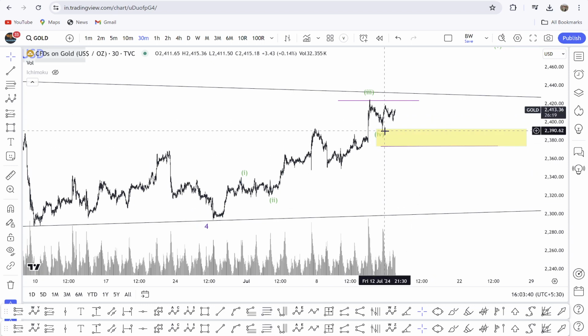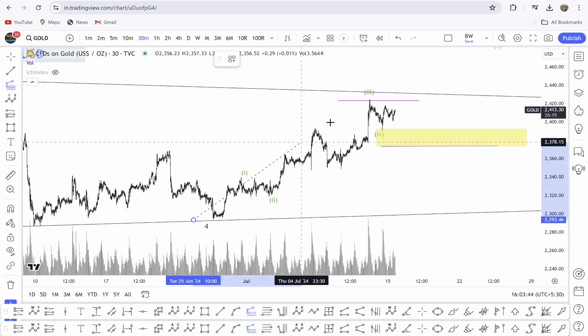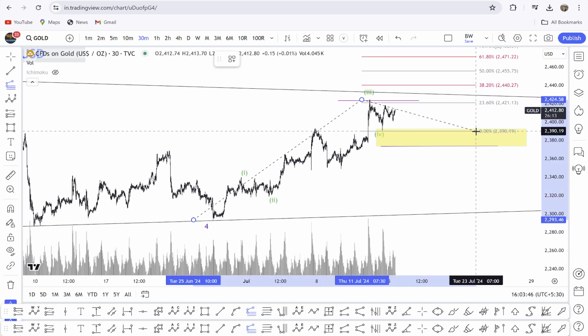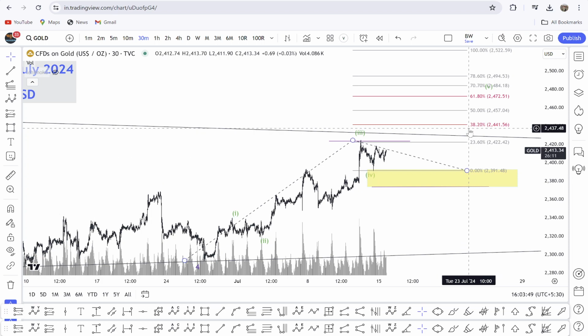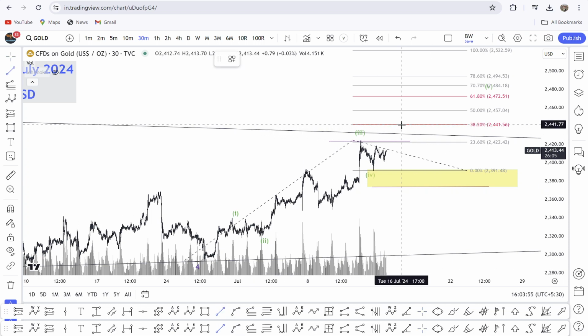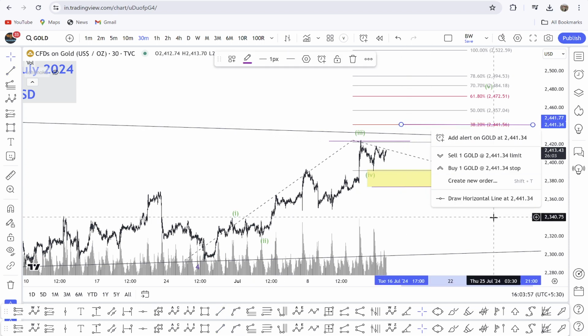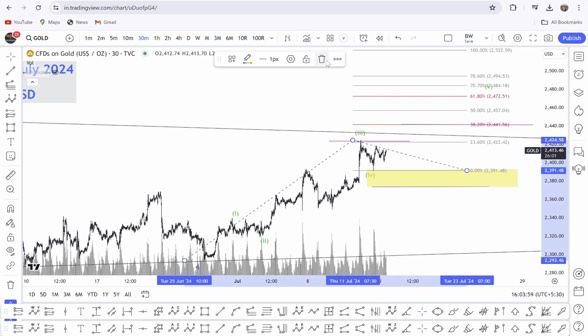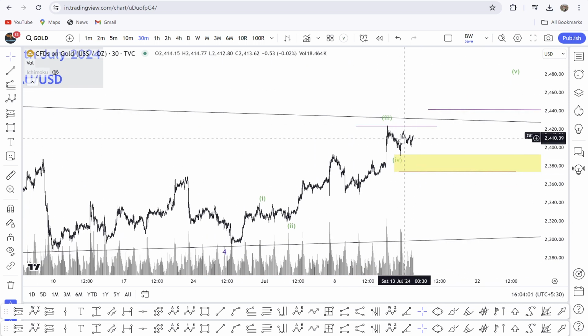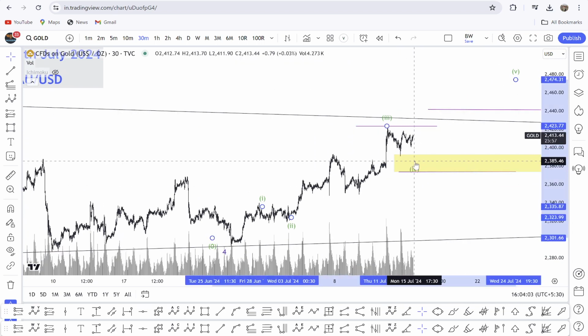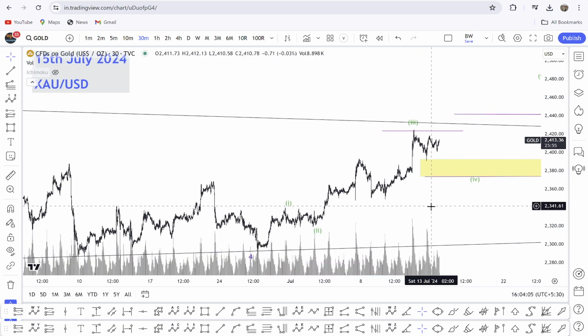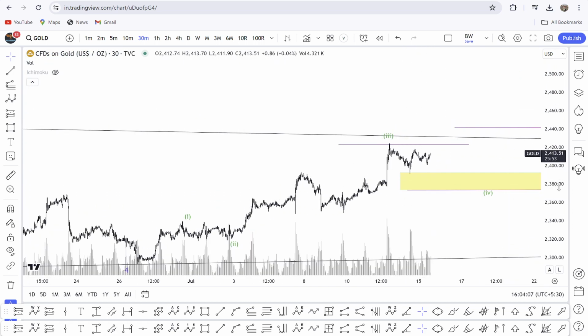If we completed the fourth wave here, then we forecast for the fifth wave, and this is our first target, 2441. But if the fourth wave is not complete here and one more retracement is pending, then